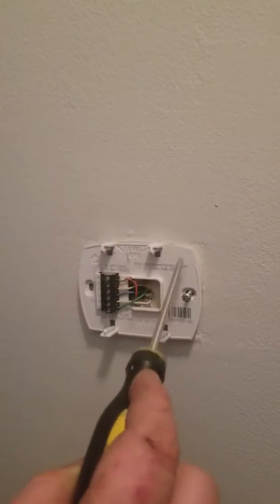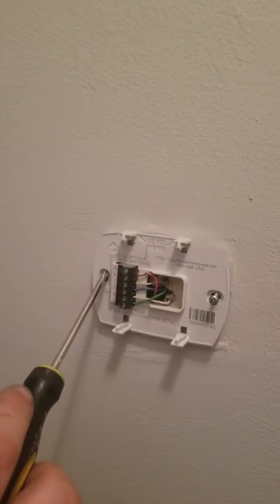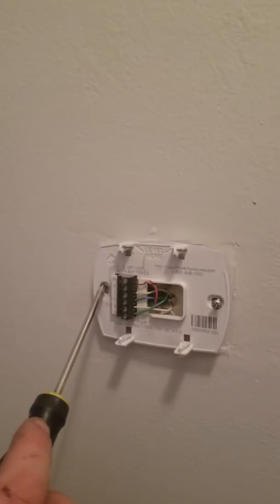So what we're going to first do is pull the thermostat casing off the wall, and you'll get back to this second mount. So that's the mount that mounts to the wall. We got two screws here, 1 and 2. So what I like to do is I usually unscrew one, take out all the way, the other halfway, and I will be going into